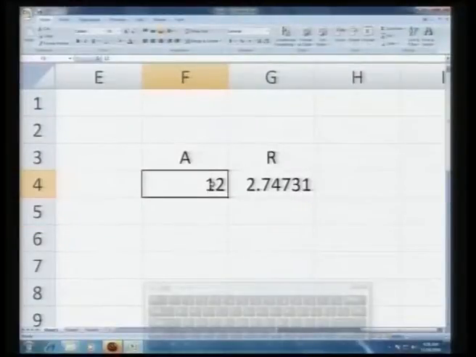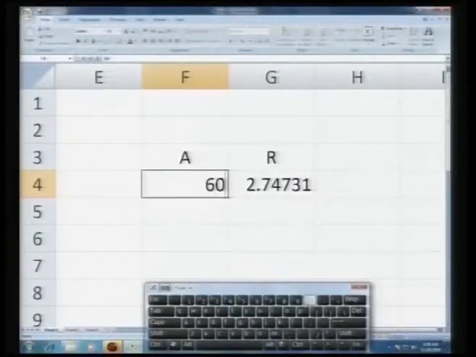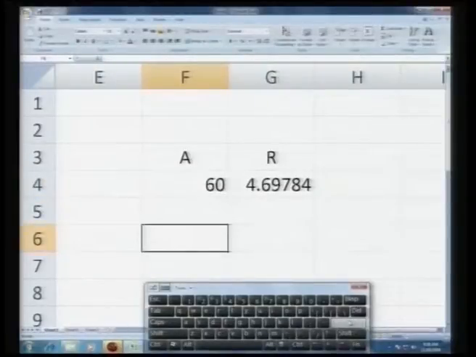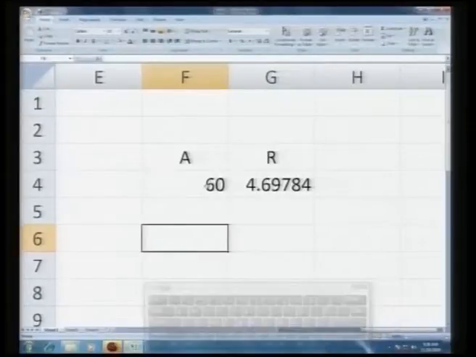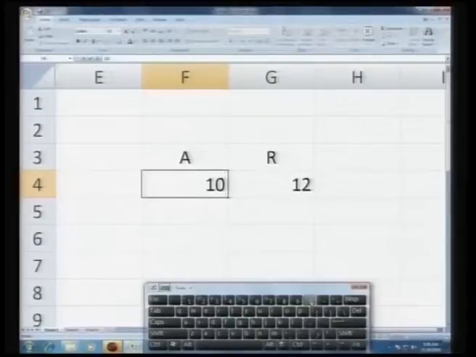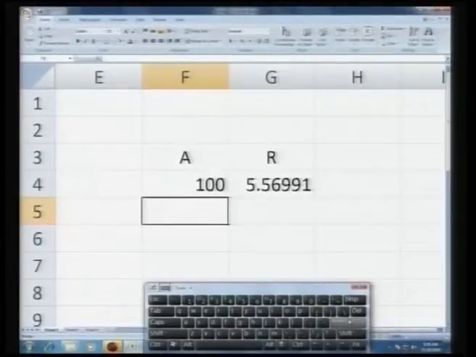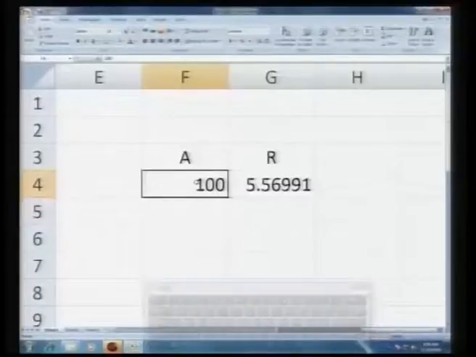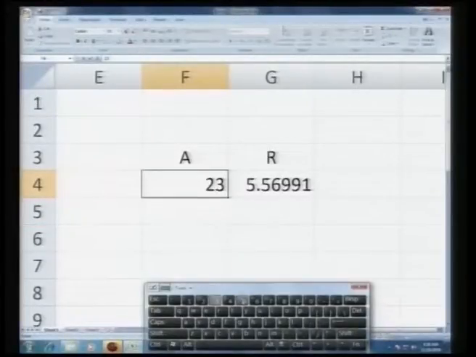Then let us see 60, somewhere around nickel, 4.7 femtometers is the mean radius. Then go somewhere, let us say 100, 5.5 femtometers. Now, tell me a heavy nucleus that you know, name of a very heavy nucleus that you know, uranium, 235, correct, capital A is 235. So, let us go for that, 235,